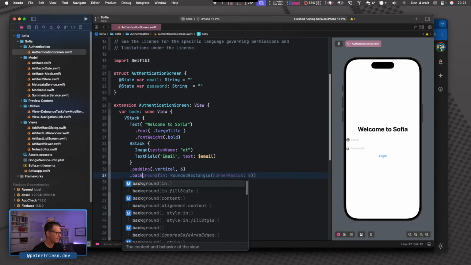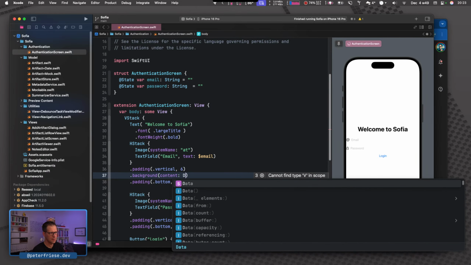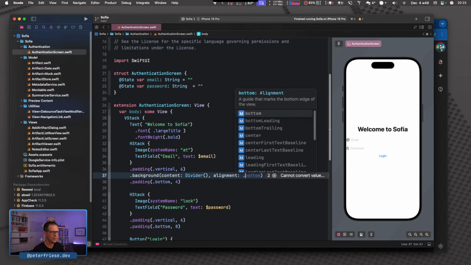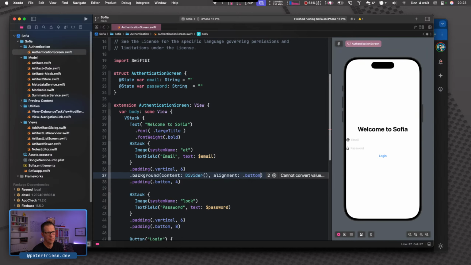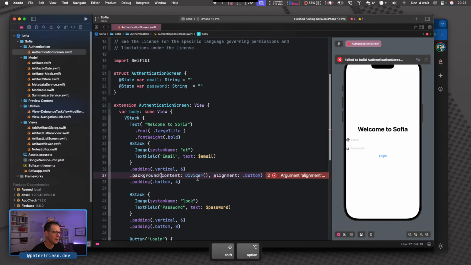And then we'll put a divider into the background. So content, like this. And then the alignment will be bottom. Argument alignment must precede. Oh, wait. Maybe like this.